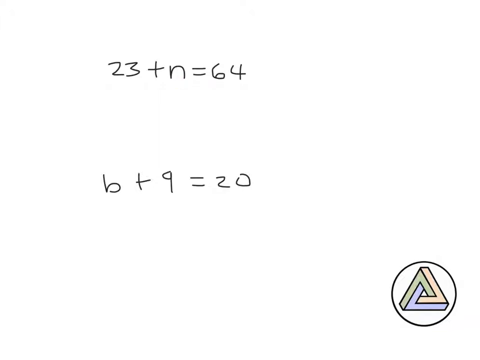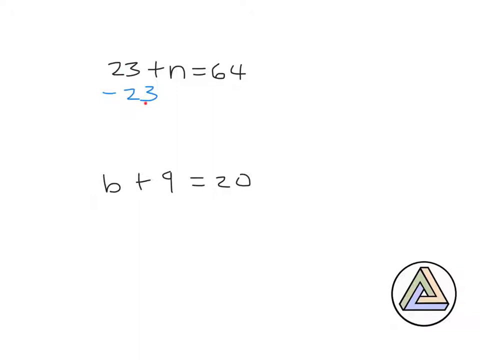Well, we ask ourselves, is n by itself right now? No. If it's not by itself right now, what's in the way of n being by itself? Well, clearly this 23 is in the way of n being by itself. What's 23 doing to n? 23 is being added to n. So how could we get rid of 23? Well, we would subtract 23 from this side, because if you subtract 23 from this side, it's going to cancel